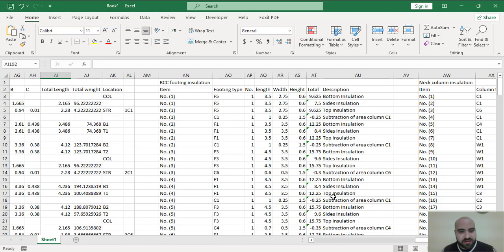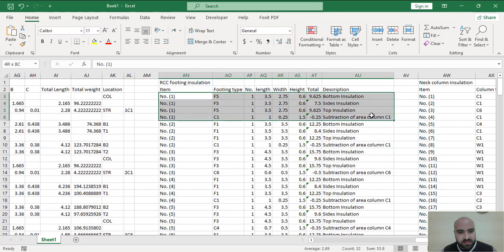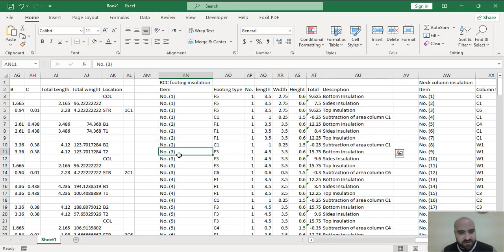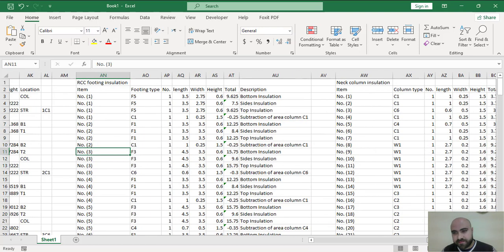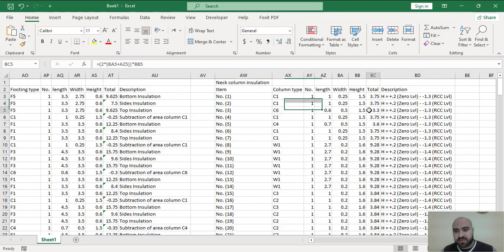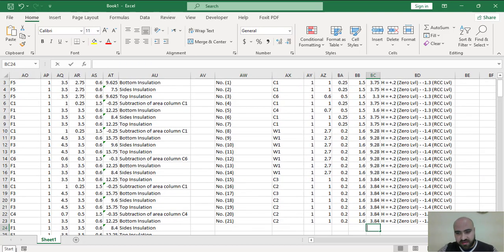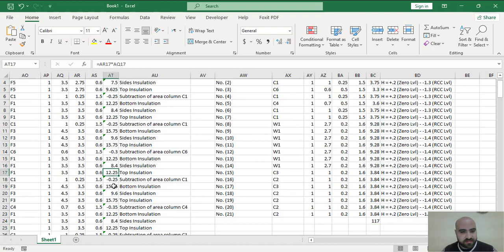Reinforced concrete insulation, this is all for one F5, and this for F1, and this for F3, all of this according to the serial number in the drawing which we have. The neck column insulation we also have here. This is the final, and this